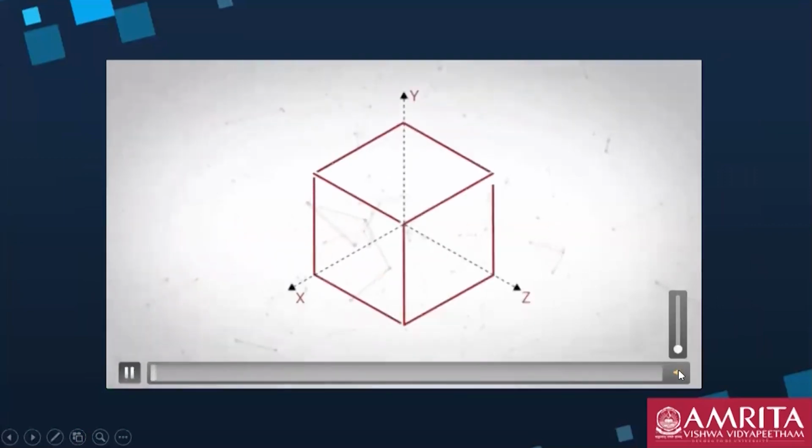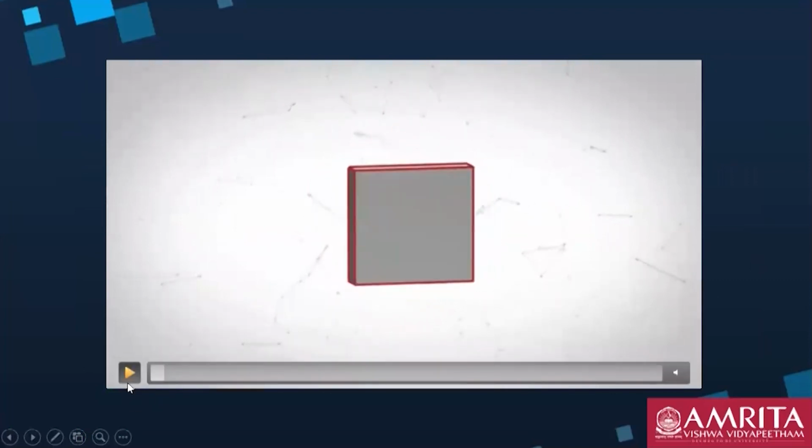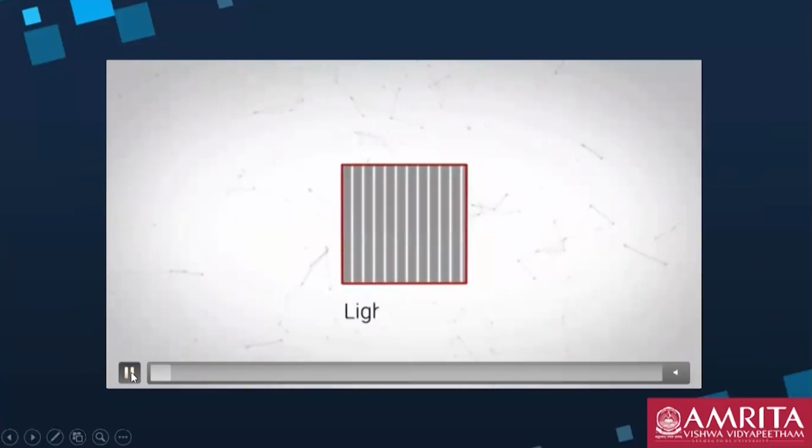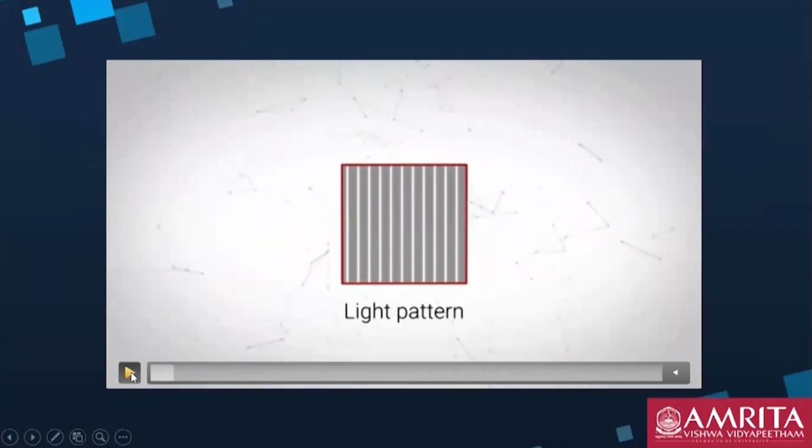I'm just taking an example here where you have a projector and you have a camera. No, sonar is not used. You have an object over here. What it does is it focuses this object in some kind of light pattern through the projector. Now see what happens.